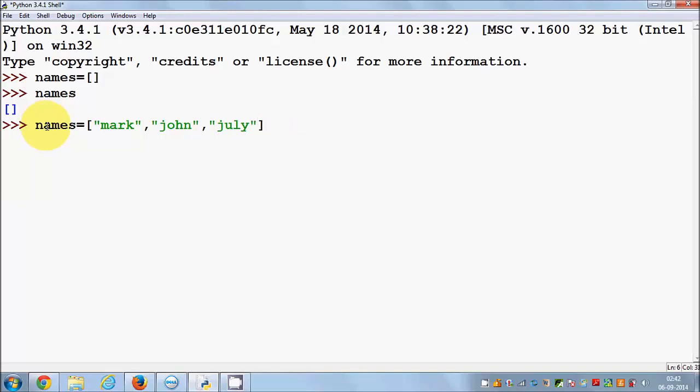So it depends upon you what number of values you want to have in the list. And when I press enter, your names variable, which is a list, is initialized with these values. Now when you call this names variable once again, it has these three values. Now there is a term called index in Python for list, which indicates the position of the values in your